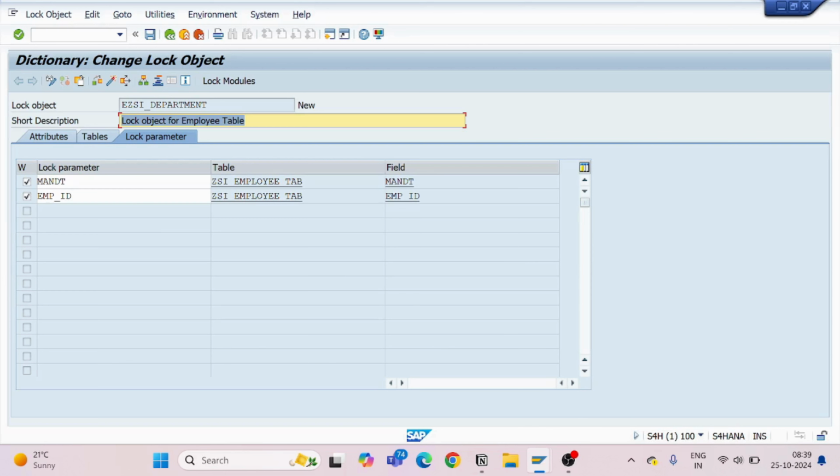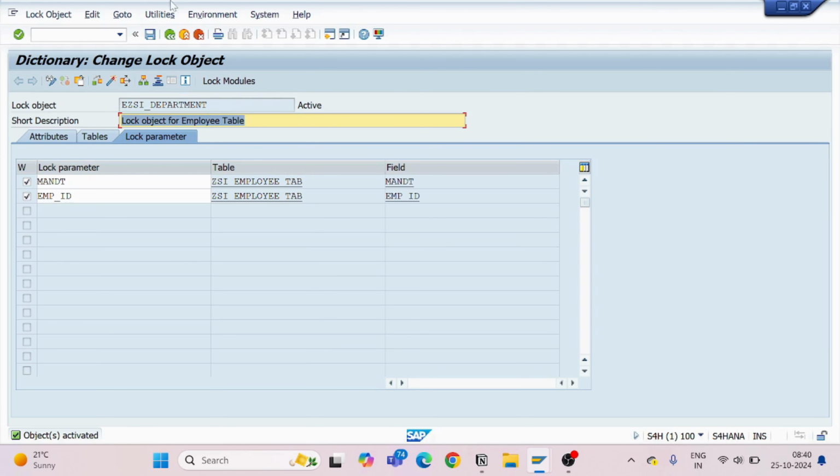So indirectly your lock is going to be applied on the primary key, and whatever data you change for that particular primary key, only that particular data will be locked and other users will not be able to change it. So I will activate my lock object. I will click on the activate button, and my lock object has been activated.